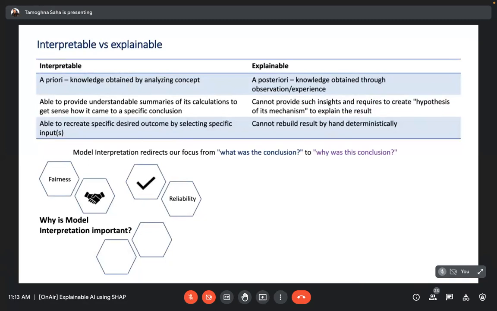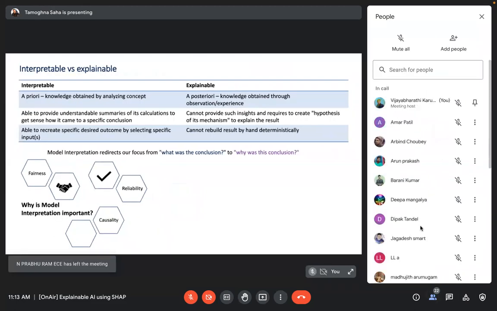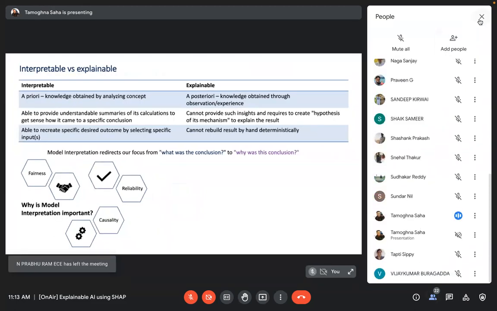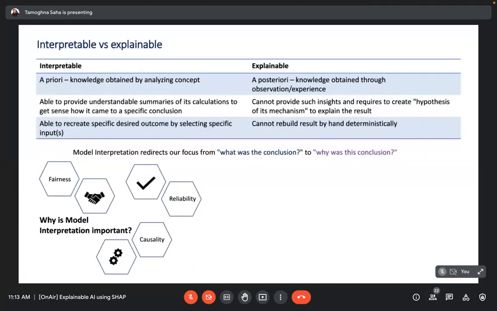We must ensure that the model outcome that's getting generated is reliable enough to be deployed in production to ensure steady business outcomes happen in the way we have expected. And finally, causality, to ensure all the dependencies are interrelated with each other and we can provide some causation of the outcome of the model, so that it makes sense logically as well as technically when it comes to providing a solution to the ML world, right?